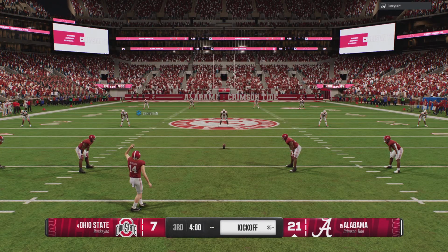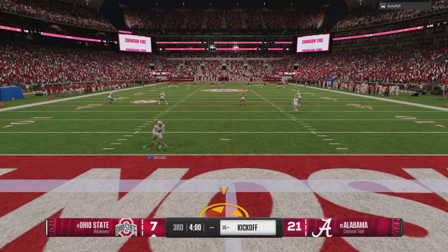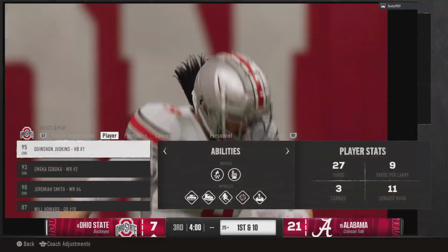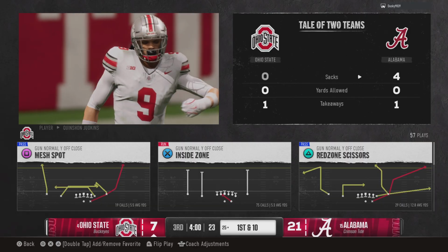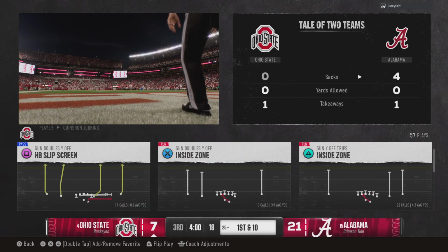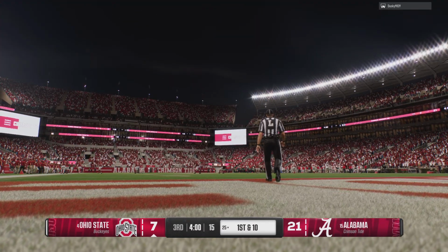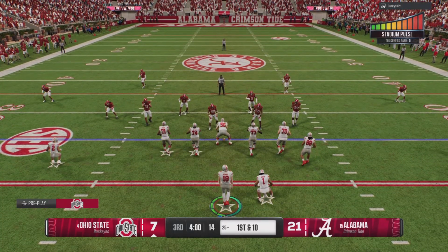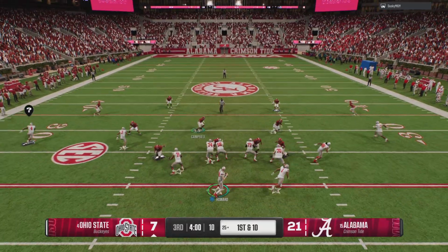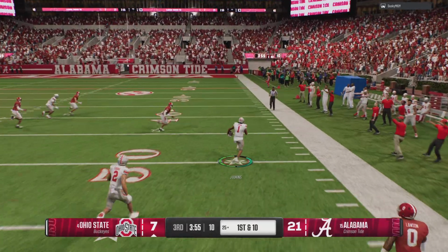Just about set for the second half kickoff. No return coming. He'll call for the fair catch. Offense back out there. I imagine we'll see them go right back to work up top after how productive that passing game was in the first half. And it's interesting. If I'm the defense...